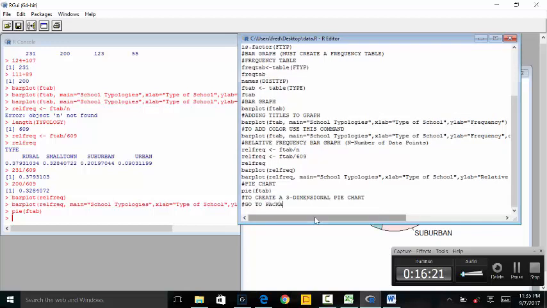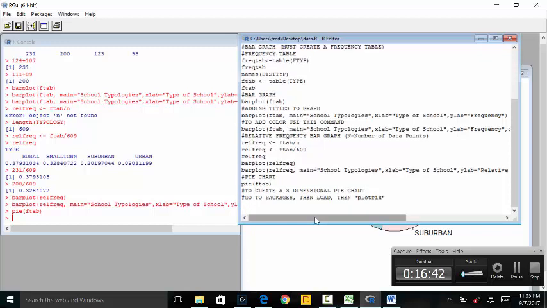Go to packages, then load, then you're going to download the package plotrix, which is just a package that someone has invented, someone has coded, that allows you to do three-dimensional pie graphs on R. So the command is going to be pie3D with a capital D of ftab,